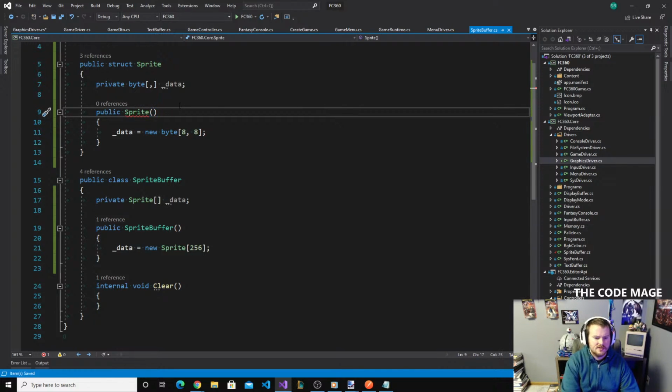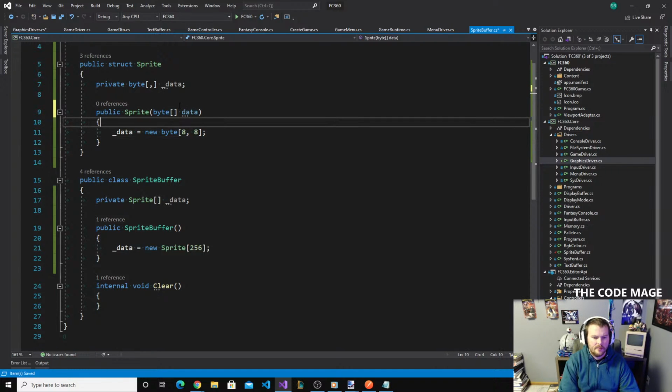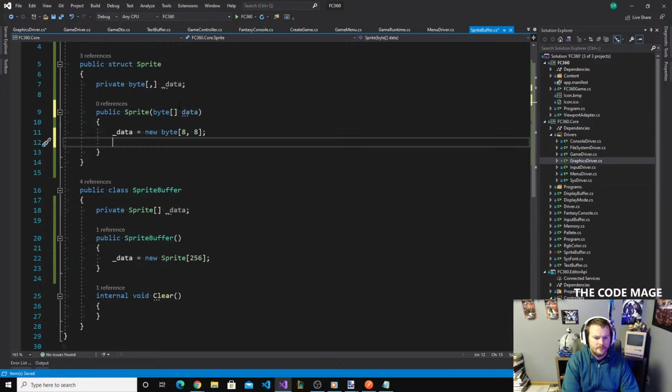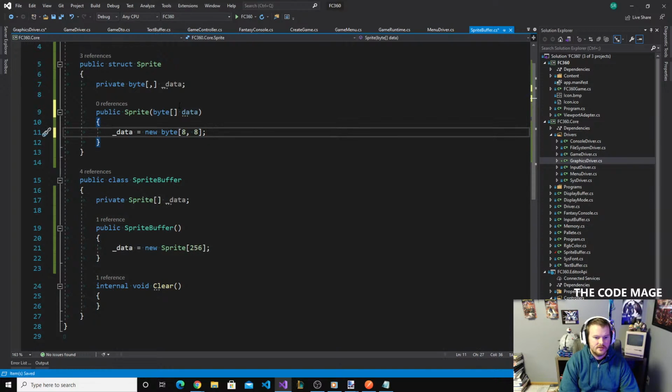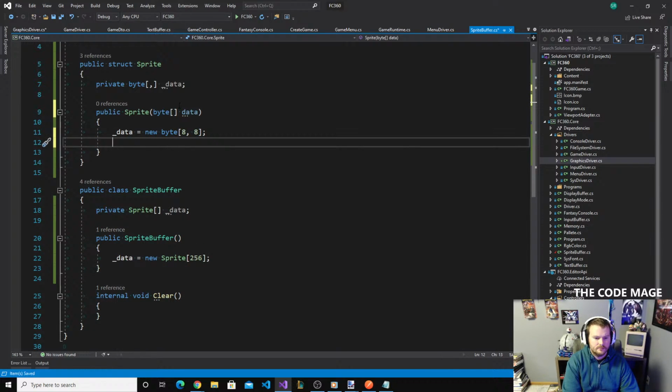Oh yeah, this is going to need to have the actual data. We're going to come in as just a straight up byte array, and we'll do the copy of it over there into a multi-dimensional, which multi-dimensionals are easier to read. So I think I can actually do